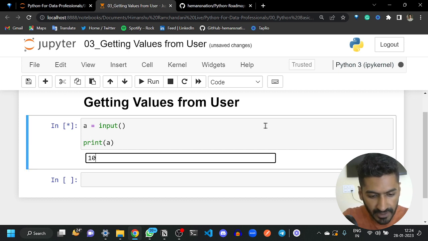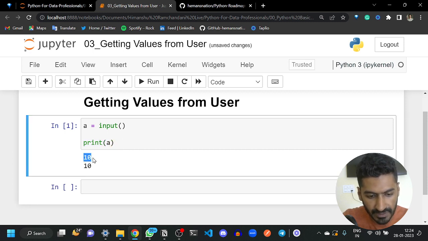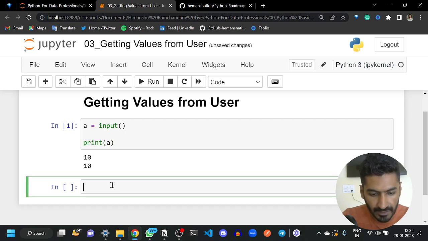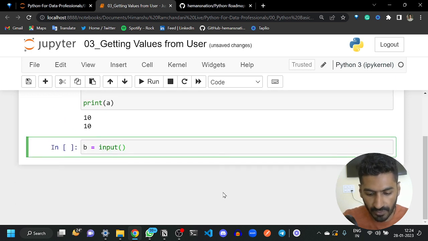If I write, for example, 10, when I press enter, this 10 will be assigned in A and print statement will print it again. So like this, the first 10 is our input and the second 10 is the output of print statement. Okay, let's change some basics. For example, if I write another variable and use input, you can use input function in one more way. For example, if you use double quotes and